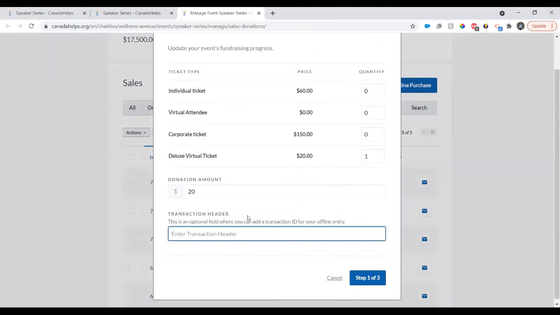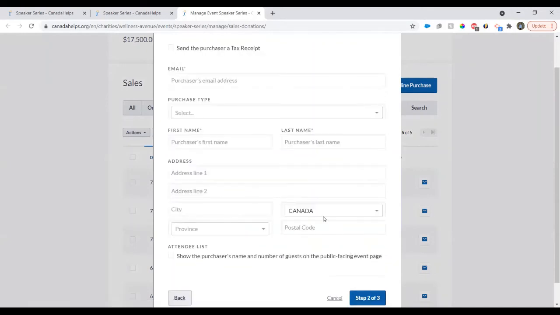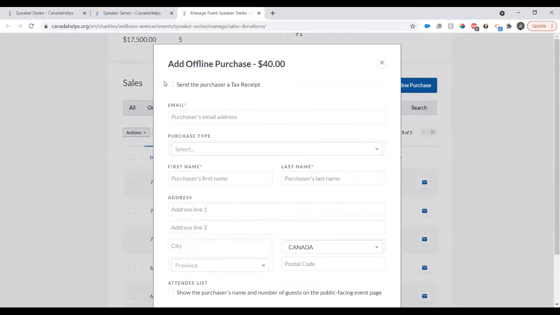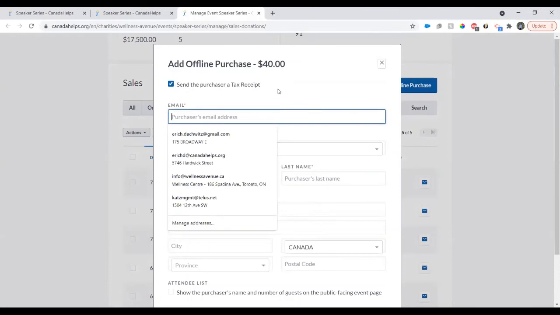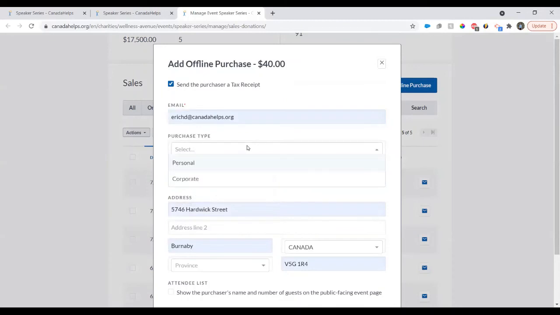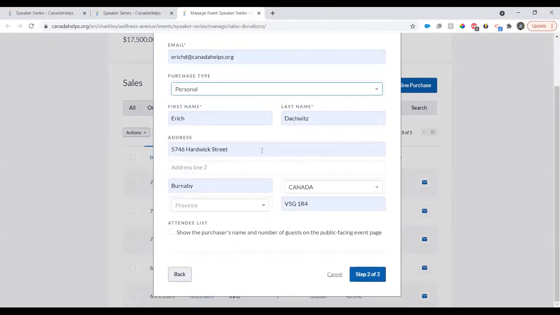and then the optional field, so that will include a transaction ID for every offline entry. Again, this is totally optional if you want to add the transaction header, a unique ID for these offline purchases. All we are going to do now for the offline purchase is send the purchaser a tax receipt. So if it is somebody, maybe myself, I'm purchasing an offline ticket, we can select whether it's a personal or corporate ticket type. Select the option to send them a tax receipt, their information,